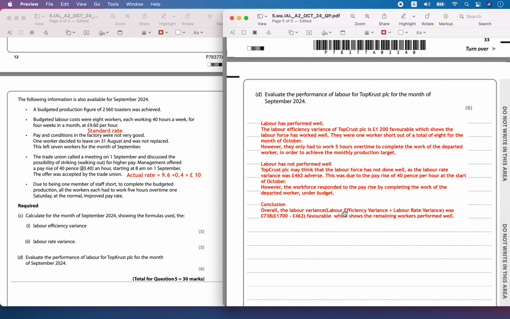In conclusion, you can also calculate the labor variance, which is the difference between the labor efficiency variance and the labor rate variance. So we can see the efficiency variance was much greater than the rate variance, so the variance that had happened between the actual and the budgeted is a favorable labor variance, which shows that the remaining workers, who were the 7 workers, had performed well, and they were able to also